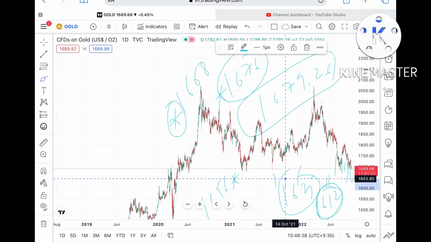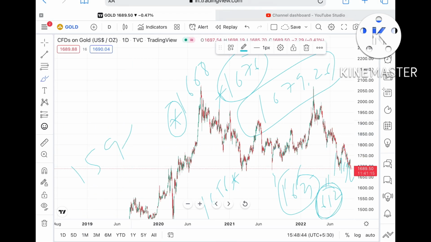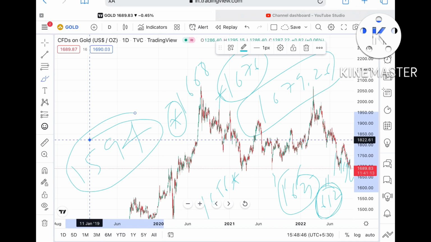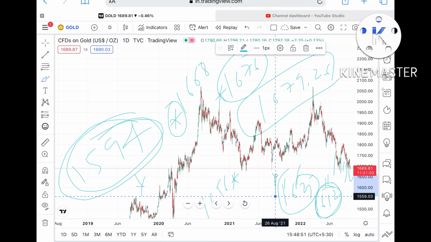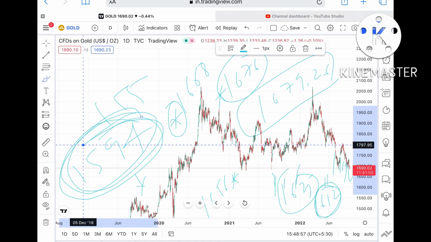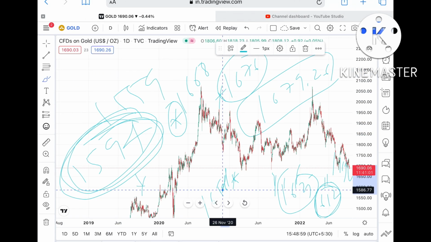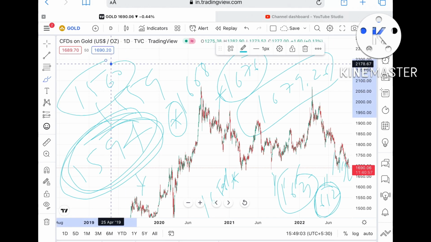at 1643. We can see again it can fall, and if it goes below a level of 1612, then we can see it can go further down towards a level of 1594. And once the price falls below this particular level, there is a high probability that we can see it move further lower and touch a level of around 1559. Once the price falls below this level, it can move further down. But it has to sustain below a level of 1560, then only we can see it move further